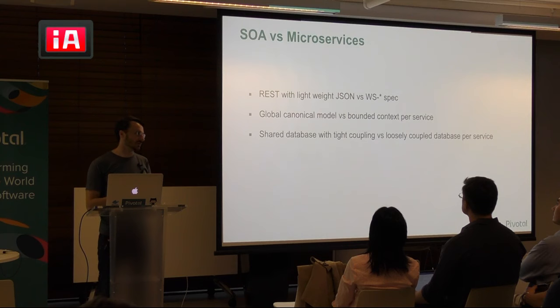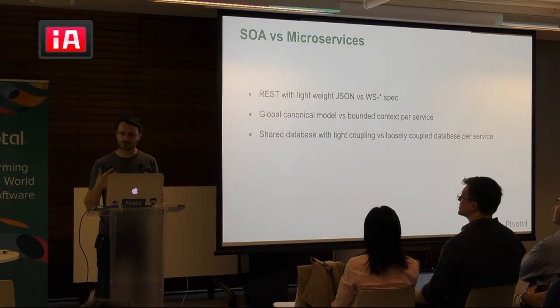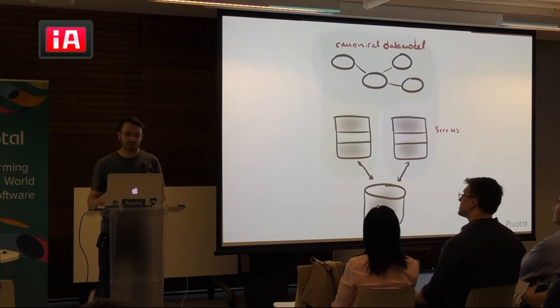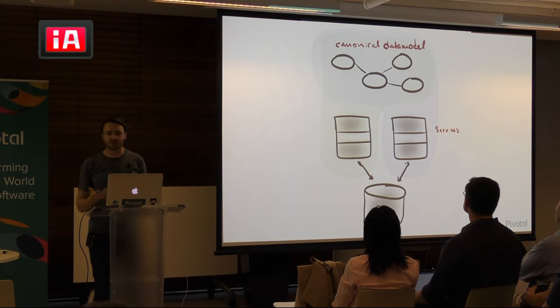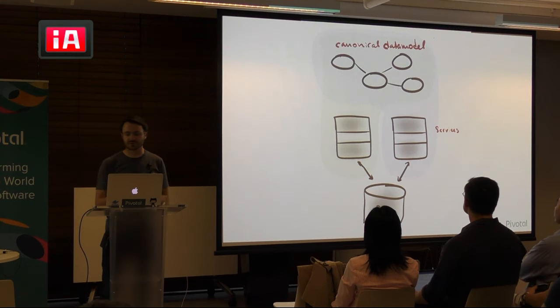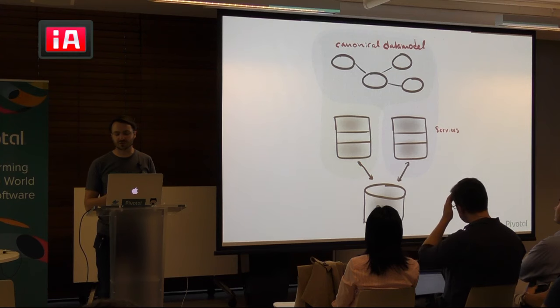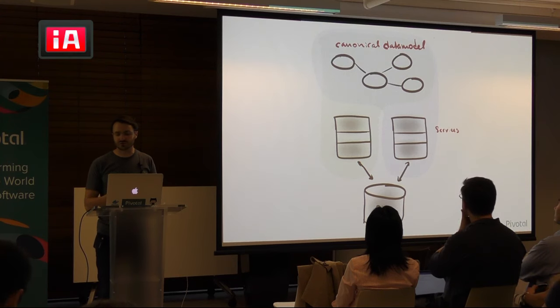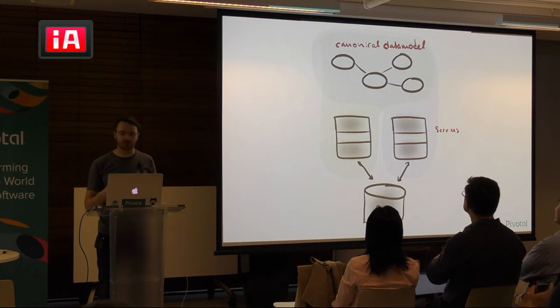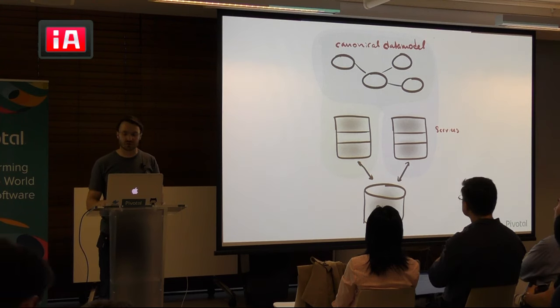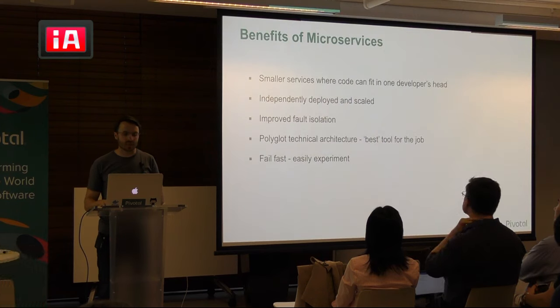This is a concept that I was struggling with. How do you actually go about implementing polyglot persistence in the real world? So this is how I see, sort of, the problem with SOA. You have a canonical data model that's shared across all of the services and the database is shared as well. So the two resources introduce complexity across the board.